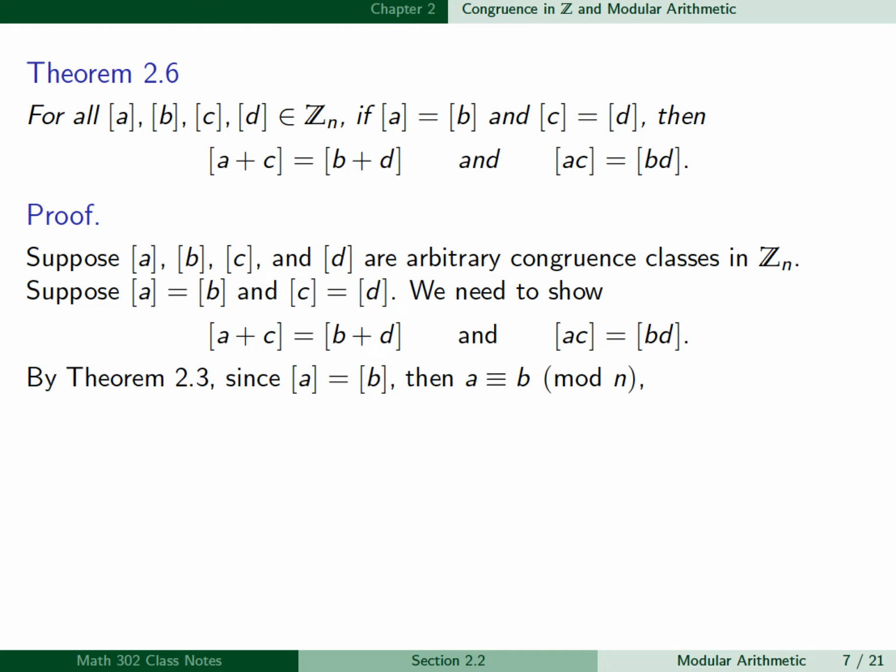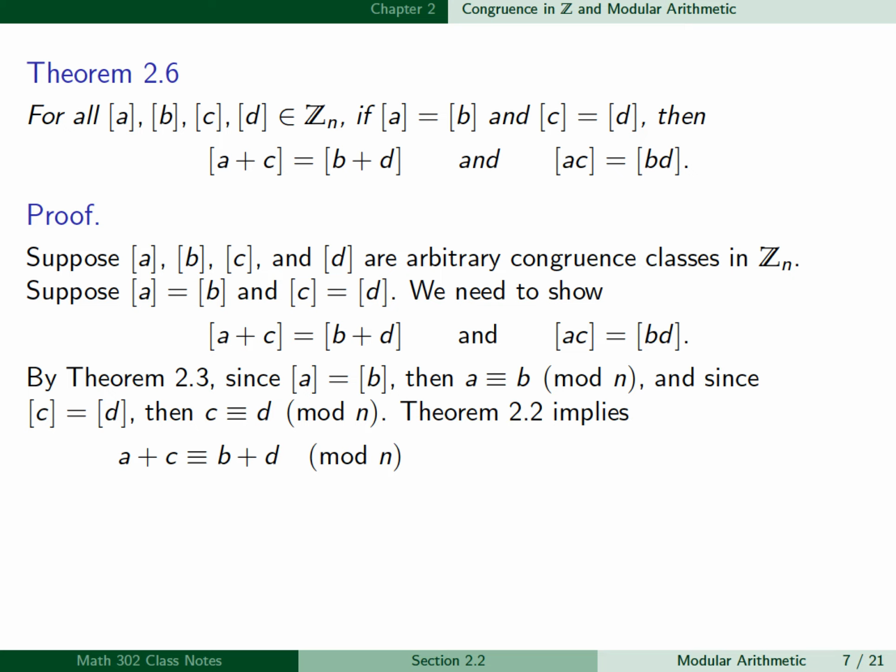Now by Theorem 2.3, since the class of a is equal to the class of b, then a is congruent to b mod n. And since the class of c is equal to the class of d, then c is congruent to d mod n. Theorem 2.2 implies then that we can add our congruences and we obtain a plus c is congruent to b plus d mod n. And we can also multiply the congruences to obtain a times c is congruent to b